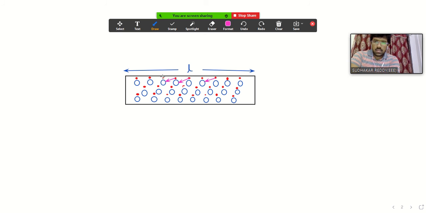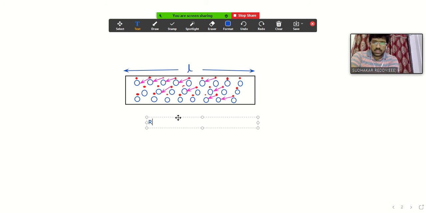That means indirectly, if the number of collisions increases, what happens to the resistance value? Because the resistance value is indirectly decided by the number of collisions. Here, if the length of the conductor increases, automatically the number of collisions made by the free electrons also increases. So indirectly, the resistance offered by a particular material also increases. If you want me to write the relation between resistance and the length of the material, the resistance offered by a particular conductor has a direct relation.